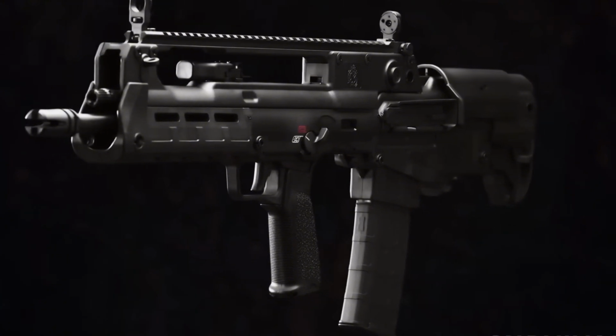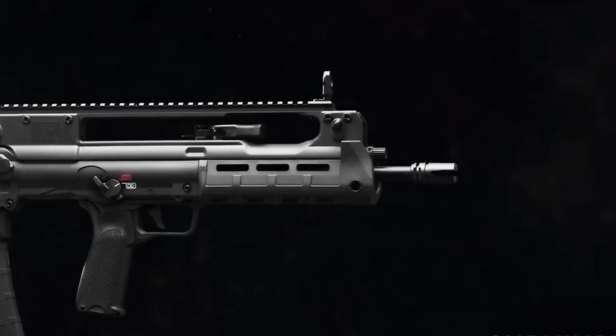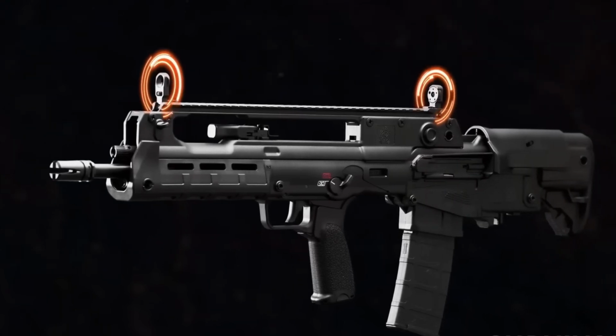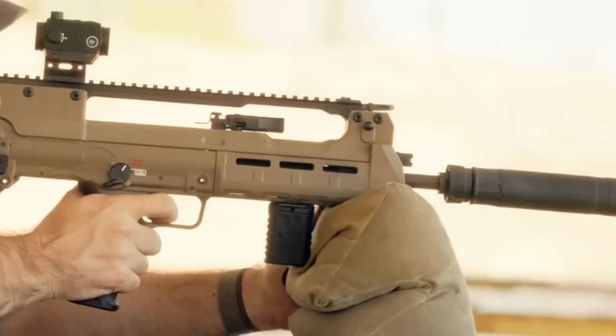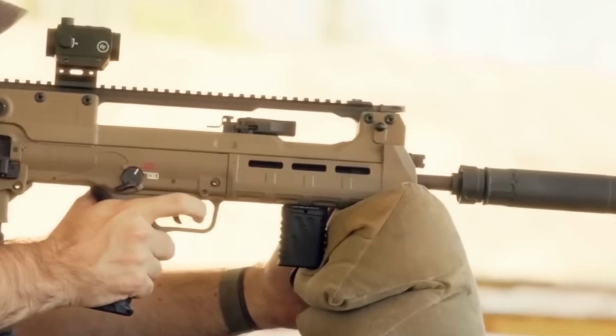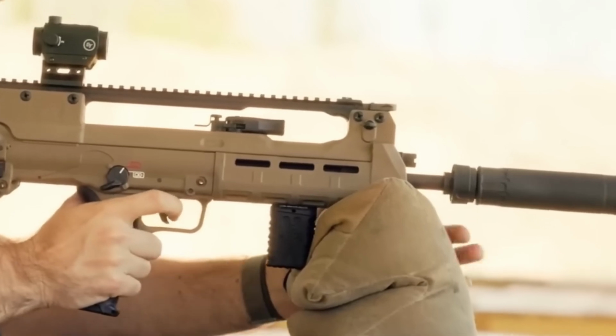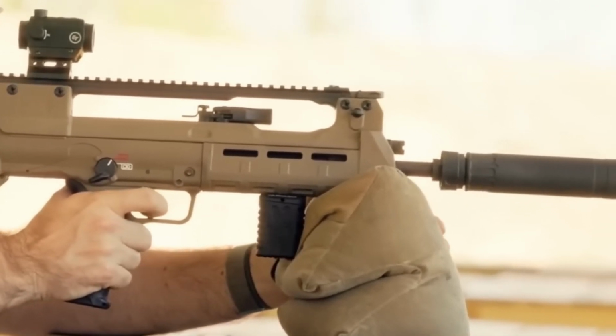Other features include an ambidextrous charging handle and safety, an adjustable stock with cheek riser, and QD sling points on both sides of the rifle stock and handguard. The case ejection system is reversible, making the Helion a great choice for left